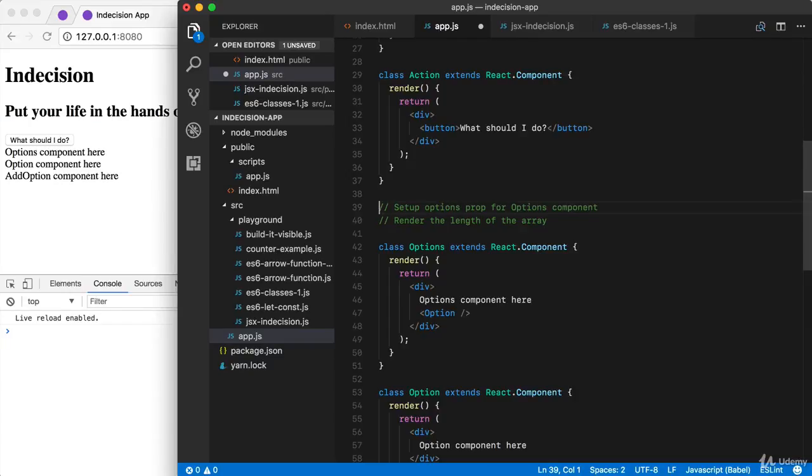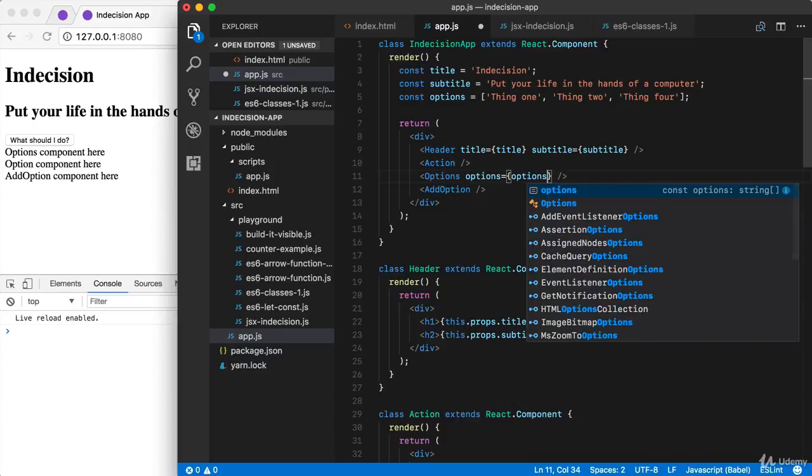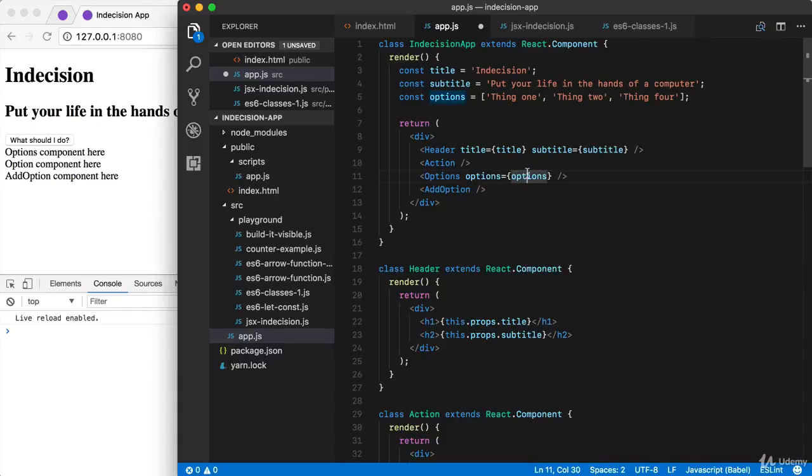All right, let's go ahead and knock that one out. Up above, what are we going to do? We're just going to pass options into the options component right here, setting options equal to whatever we like. In our case, we are going to reference the variable we just defined, options. Now we have access to this array on